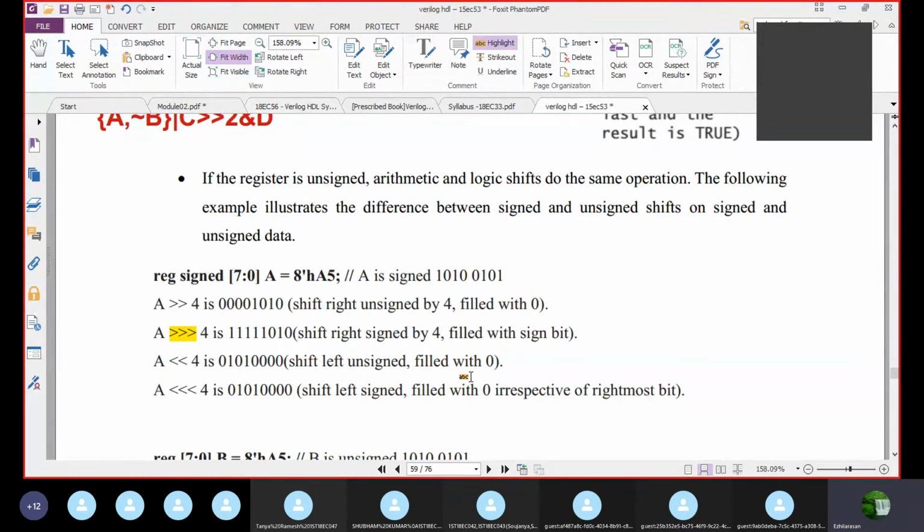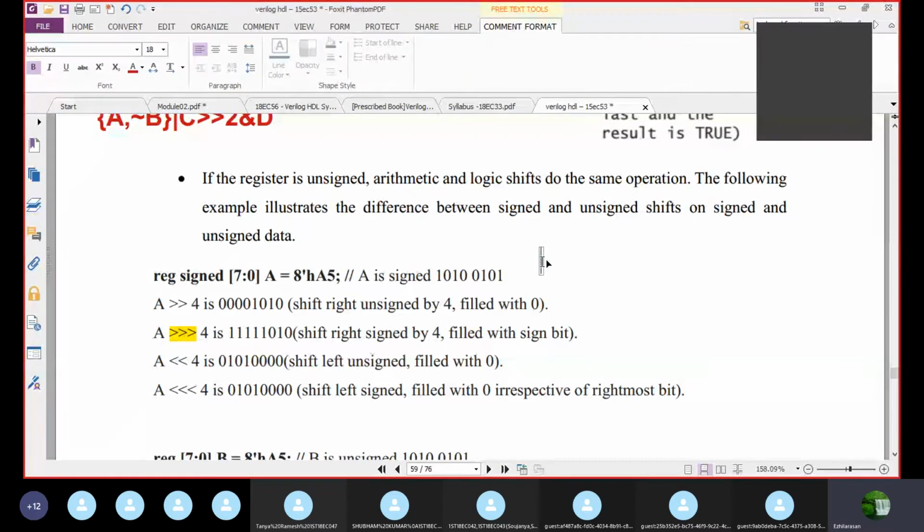This arrow mark specifies right shift arithmetic. This is the meaning of it.